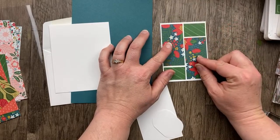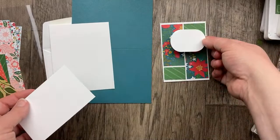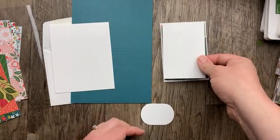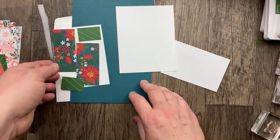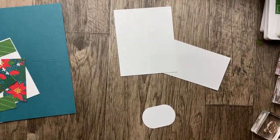Oh, isn't that fun? I love that. And then we have a punched oval, which will be our sentiment. And then this piece, which is smaller than the background layer, is going to be for stamping and cutting out. So we're going to cut out and stamp some poinsettias, which are part of this